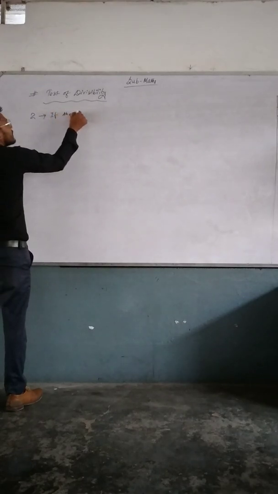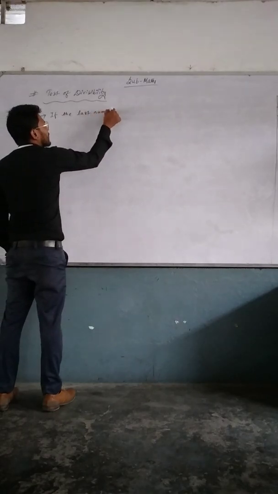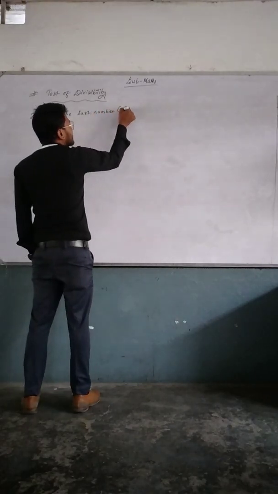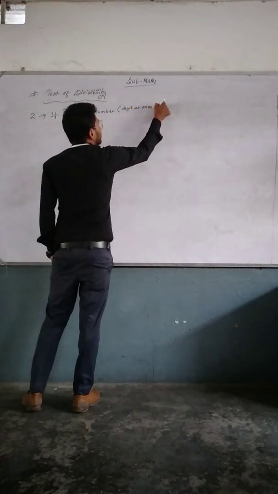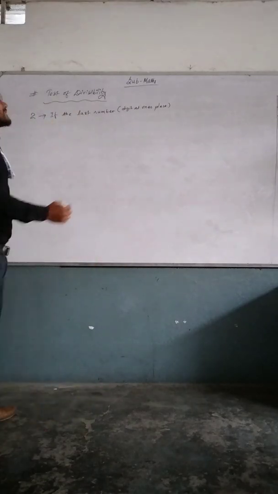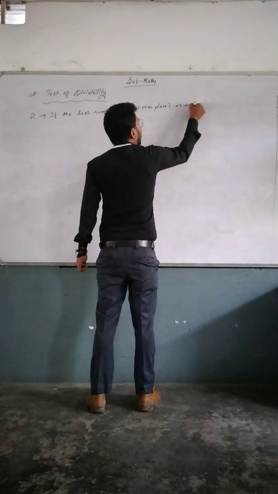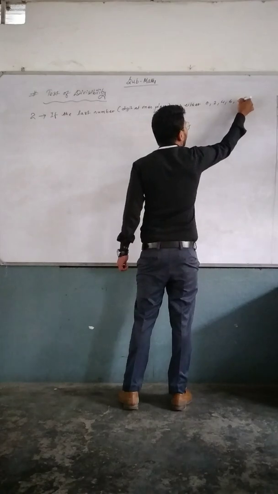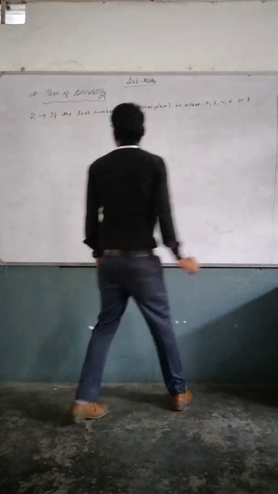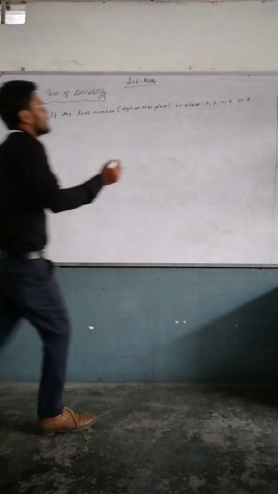If the last digit, the digit at one's place, is either 0, 2, 4, 6 or 8, then the number